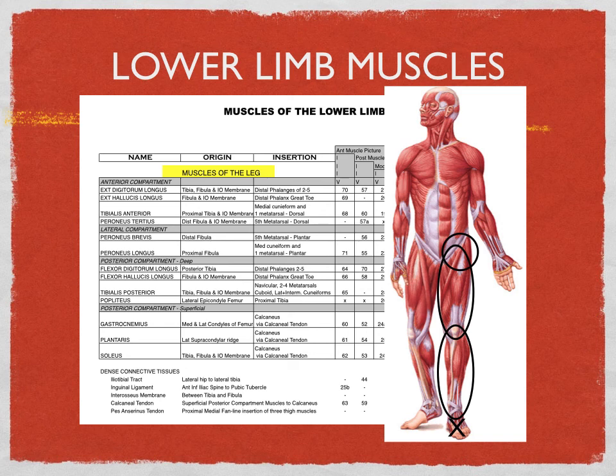Now, in each of these 3 broad categories, the muscles tend to be clustered in various locations within that area. For example, here on the leg, you can see that all the muscles, the 13 muscles of the leg, have been divided into 4 compartments. Here's the first compartment, the anterior compartment. In the picture, you're looking right at that. When you're looking at the leg,